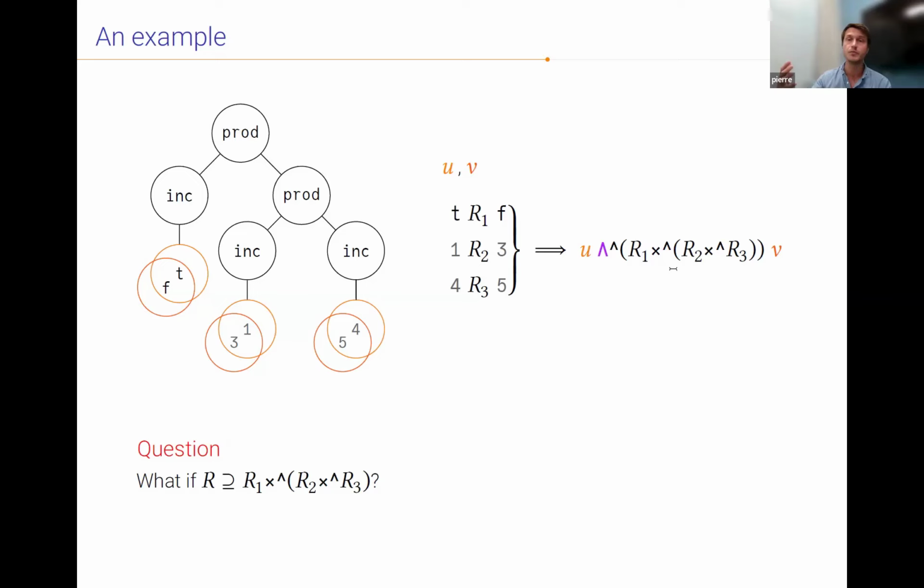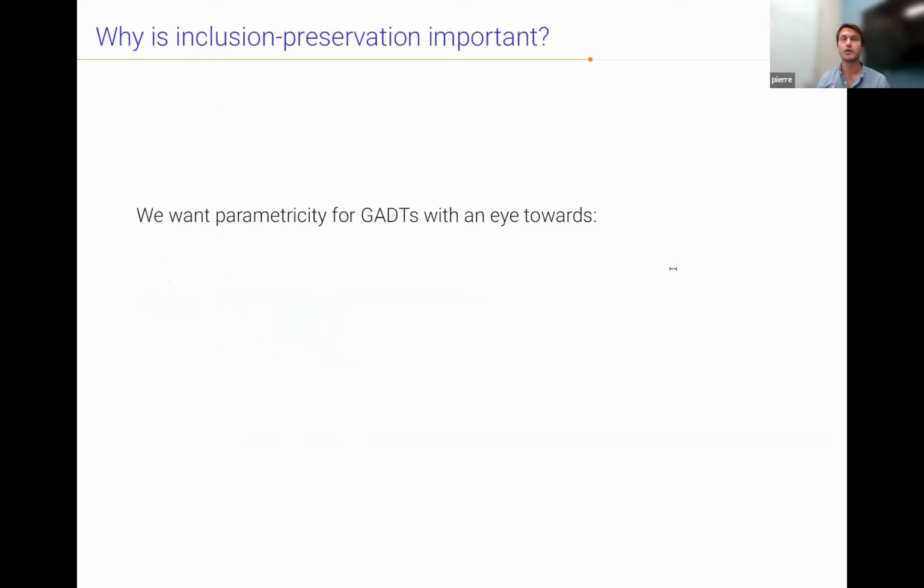So if we follow the principle that data structures should be related when they have the same structure and related data, it would make sense to have U related to V by lambda hat of R. So this is the conceptual reason. On a more technical level, why would we want this R to relate lambda hat of R to relate U and V? It is because when we are trying to make a parametric language, what we want to achieve is usually